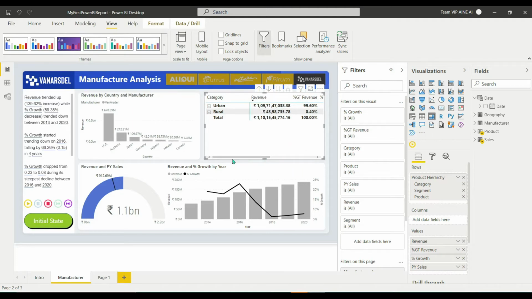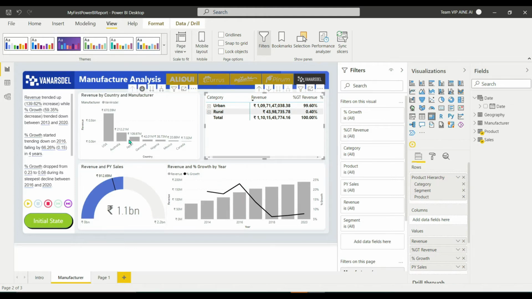Now we can also see how the percentage of growth has been achieved each year by the company. Based on this analysis, we can see that 2016 has the highest percentage growth, compared to the year 2020, which has only 7 percent growth, compared to the year 2016, where it is 22 percent, rounding up to 23 percent.